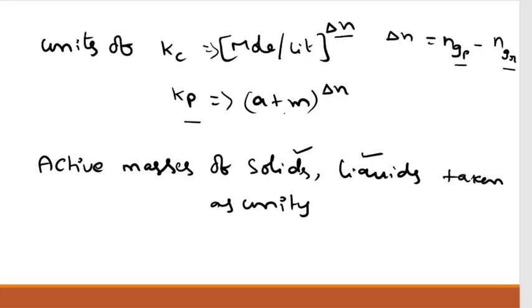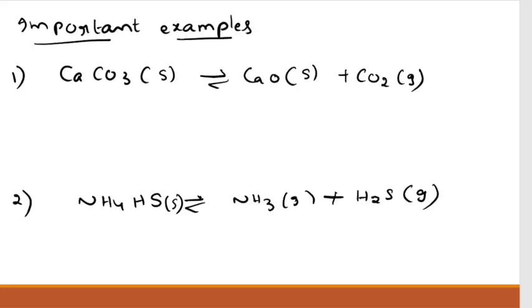And here, suppose we consider important examples like CaCO3 of solid gives rise to CaO of solid plus CO2 of gas. Let's write Kc first. Here, Kc is nothing but the CO2 concentration, because the solid concentration is taken as unity, and hence we are going to write only the CO2 concentration. Exceptional cases. Remember,